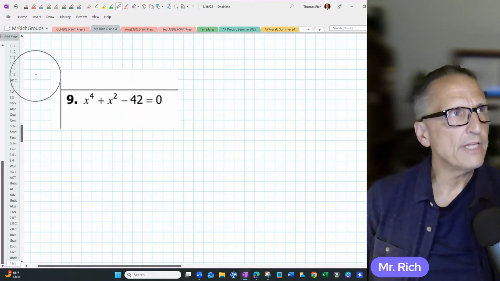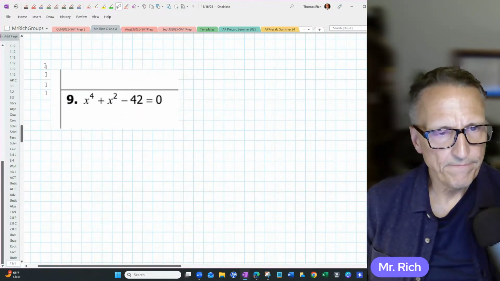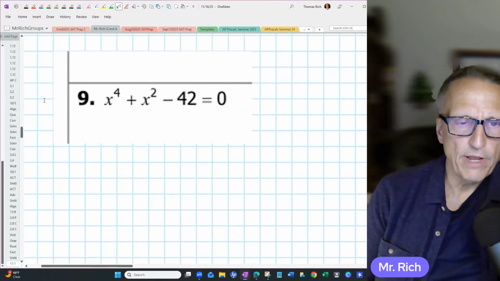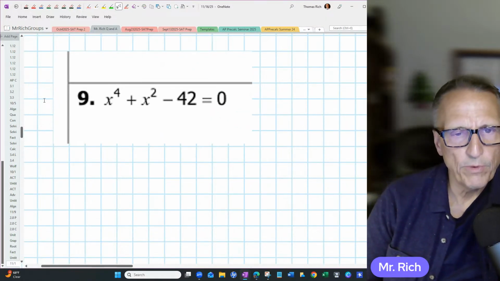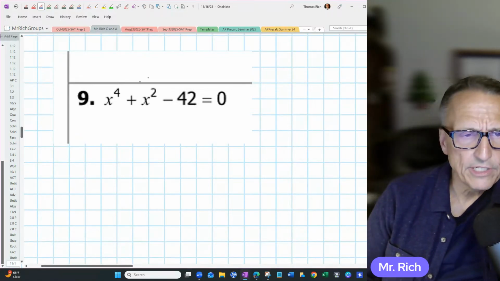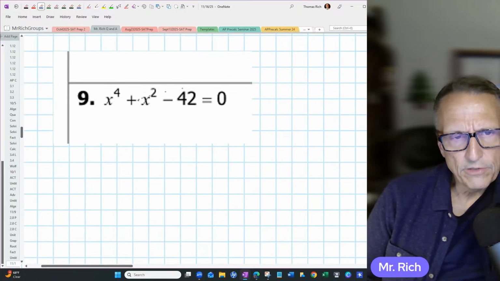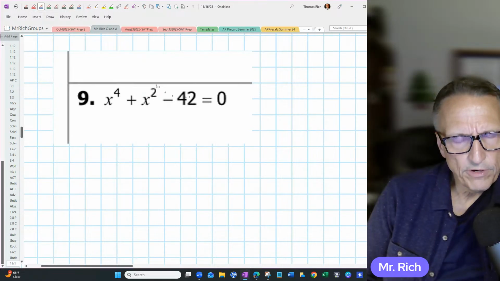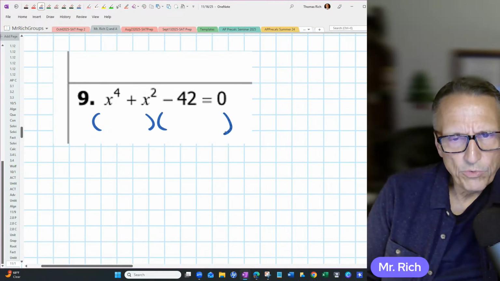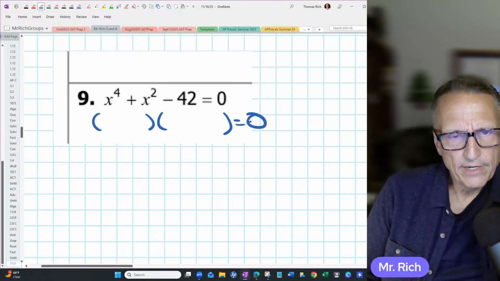So I've had a few students ask me about trying to solve equations that kind of look like quadratics but are not quadratics. And I want to show you two different ways that you can handle this. So when you look at this problem, it does look like a quadratic, x to the fourth plus x squared minus 42. And you can factor it in the same way that you would factor a quadratic